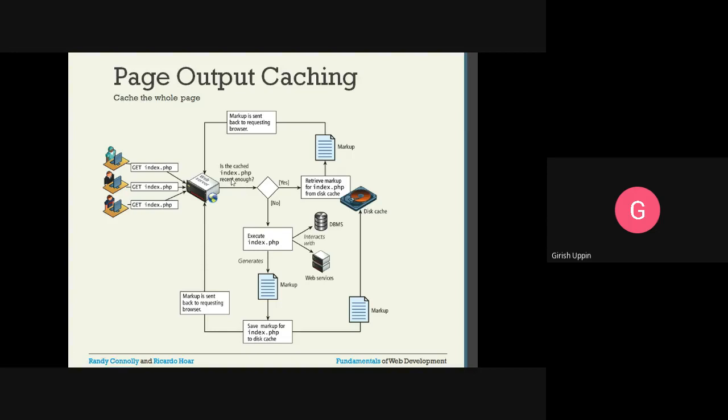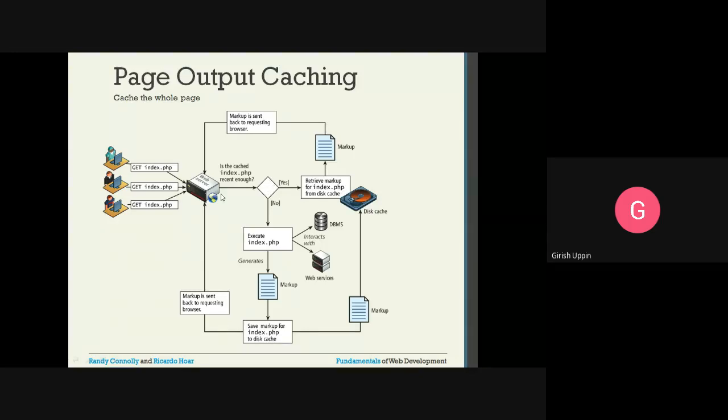Recent may mean a couple of seconds or a couple of hours. It depends on the kind of application. If it is recent, the answer is yes. Then we will retrieve the markup of index.php from the disk, and that markup will be sent as a response back to the browser.